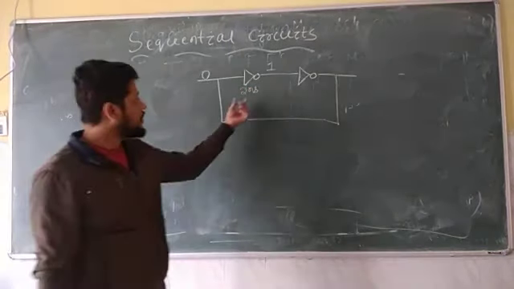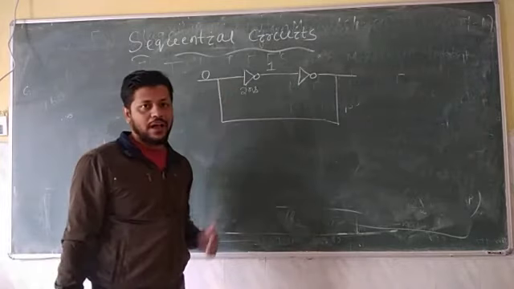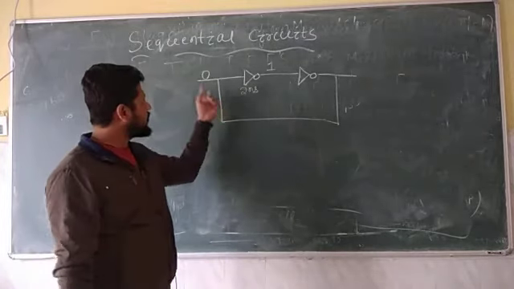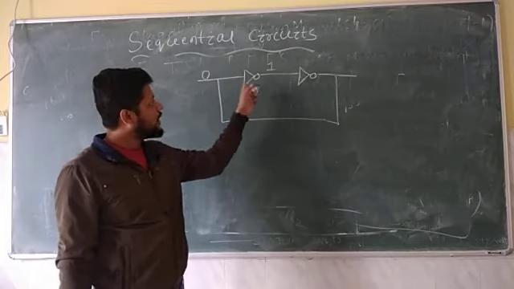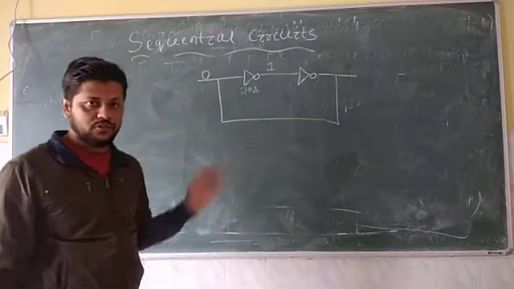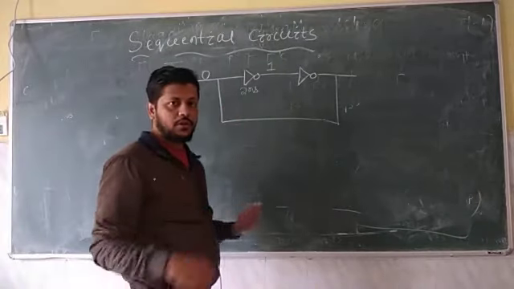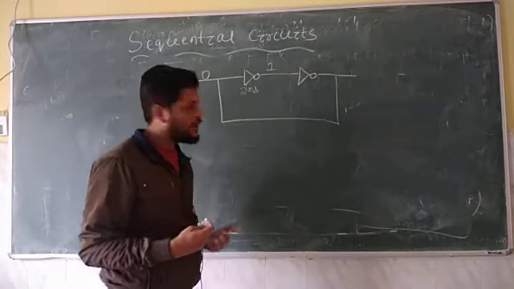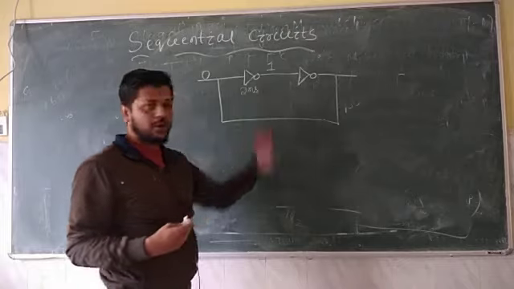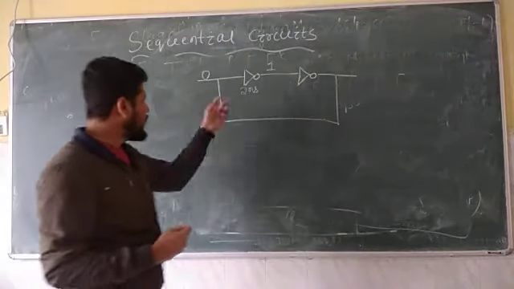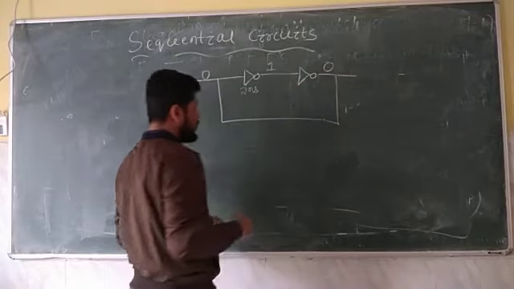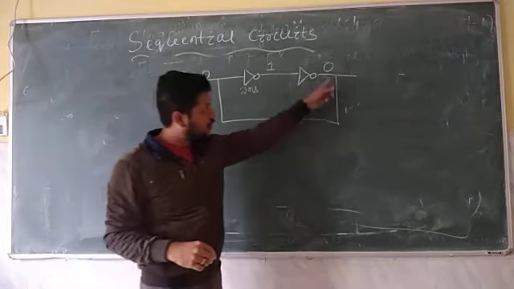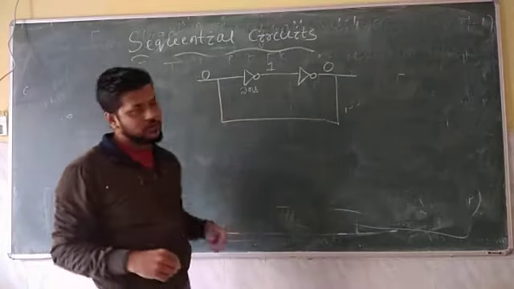Again, after some delay because of this 2 nanosecond. A 2 nanosecond delay means whenever we apply some input, after some delay, this gate processes the output and converts it into 1. So the conversion from 0 to 1 takes some time, and this circuit converts that 0 to 1, and this is your NOT gate. When 1 is applied, the output will be 0.